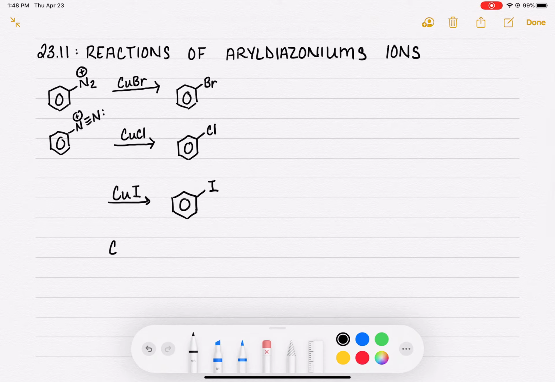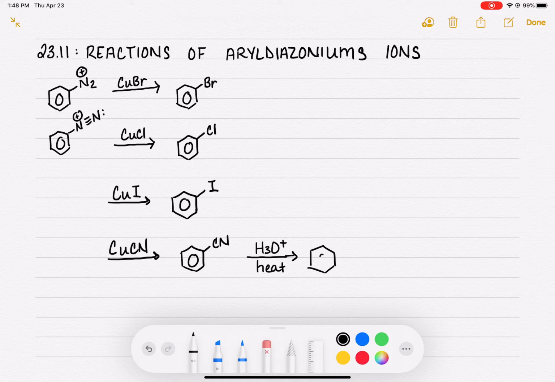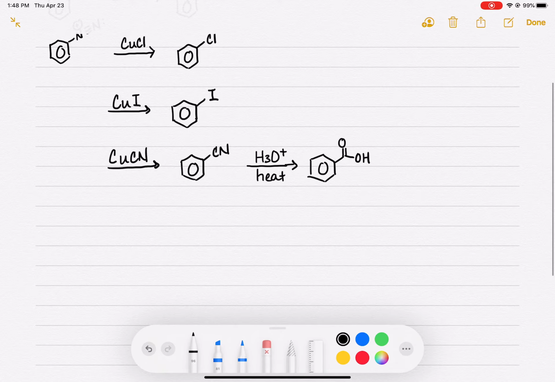Also, we can use this reaction to put a cyanide on the ring. And I hope that you can see the pattern of what I'm doing here. I'm not going to continue to redraw the Aryldiazonium all the way down, but it's the same reagent every time. So we can put a cyanide on the ring, so that's something we don't already know how to do. And then don't forget that you can hydrolyze cyanide. So H3O+ with some heat, and it will convert that nitrile group to a carboxylic acid group. So there's another way that you could make benzoic acid that's maybe a little bit easier than the side chain